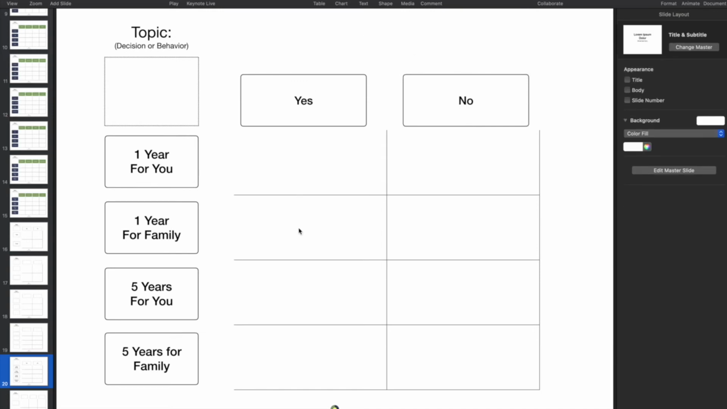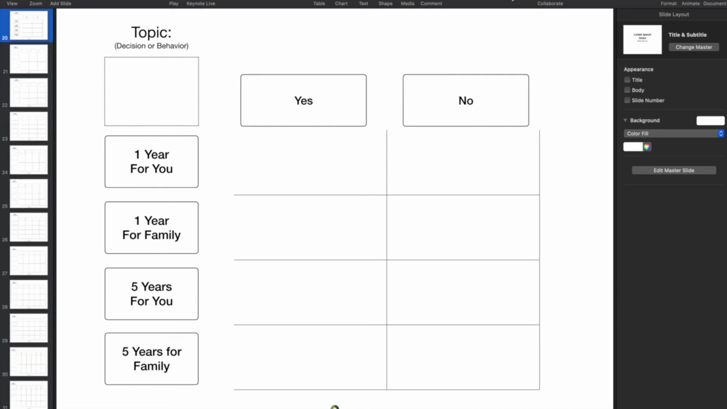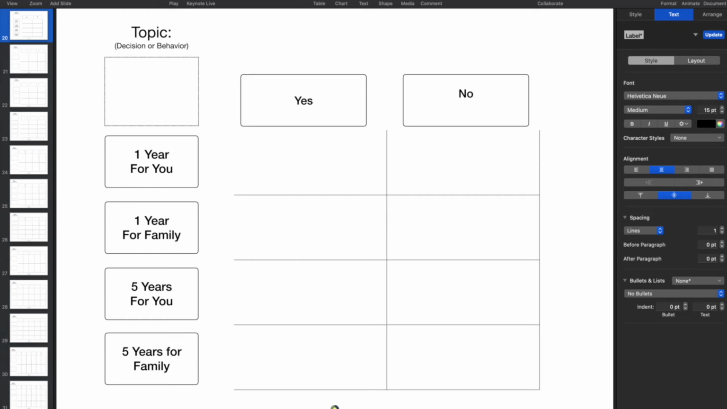What happens in a year for your family? What happens in 5 years for you? 5 years for your family? And if you don't, what happens in this column? Now, it's really important for the coach not to take sides. So kind of what the coach sees is